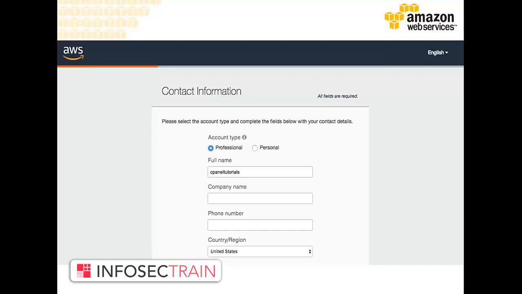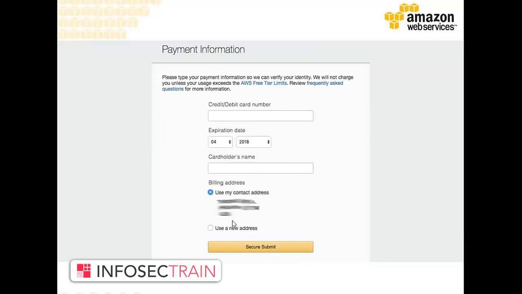So what happens is, when you deploy something in Amazon, they have to verify your identity for safety and compliance purposes. So they will also verify your bank account, to make sure your payment will not be affected, or to make sure your account is genuine. For verification of your bank account, they will ask for your payment information, your credit card information. You can put credit card or debit card. Just put your card number, expiration date, CVV, and cardholder's information, and click on